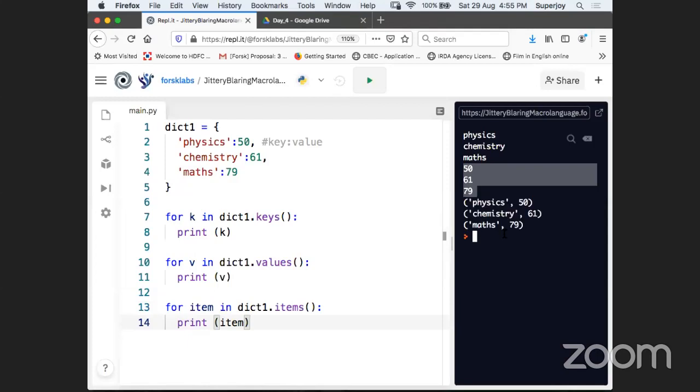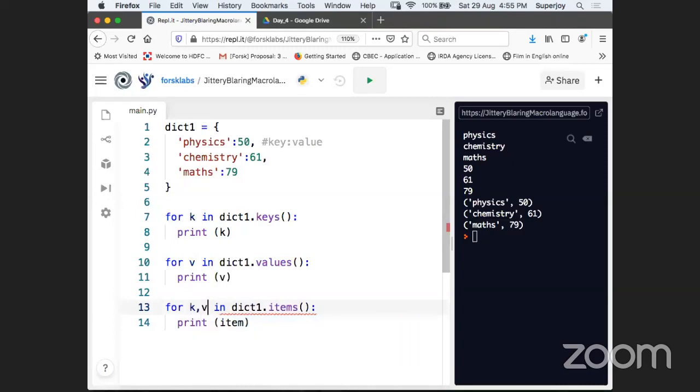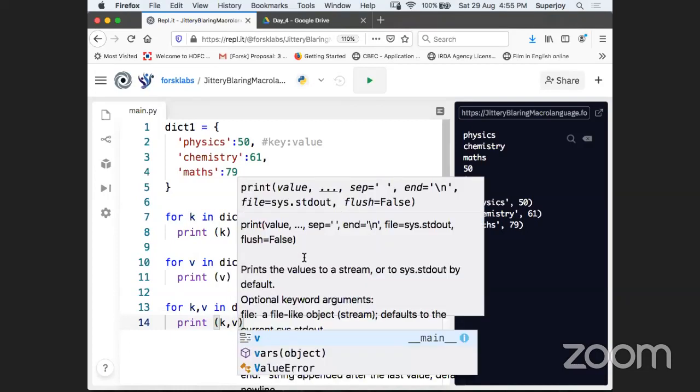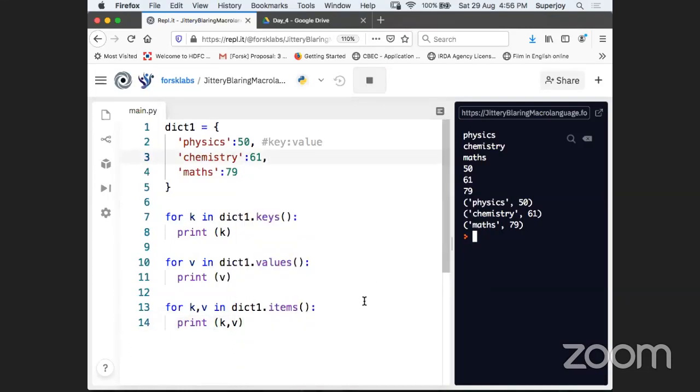Can you see, guys? It is printing me physics again, the same tuple story you are getting. And if you want to separate them, you don't want to print them as a tuple, so you will have to do what, guys? You will have to remove this item and use K comma V here. Okay, because now items will give a tuple, and now K will hold the key and V will hold the value, right? So you can print K comma V here. Now you see we do not get the tuple, simple entries here.